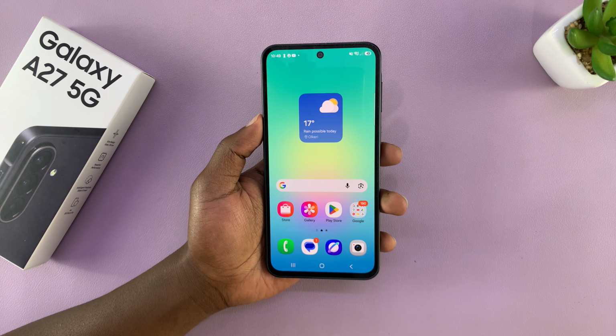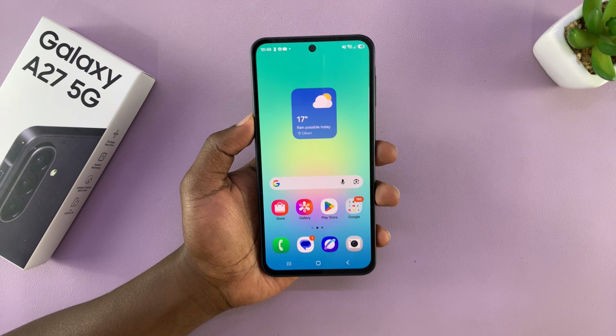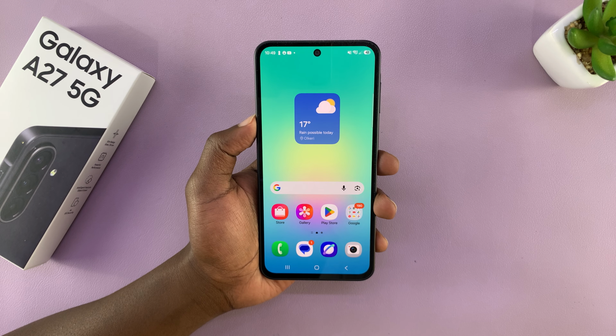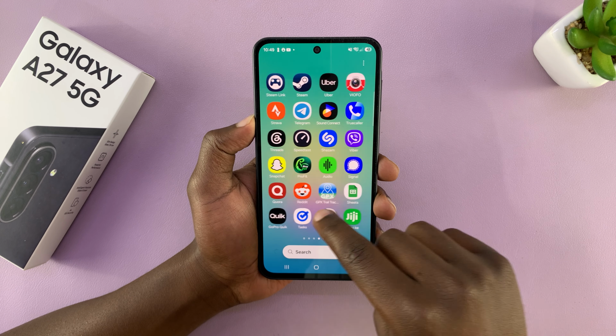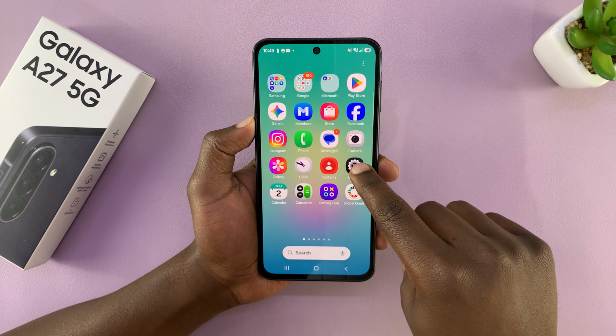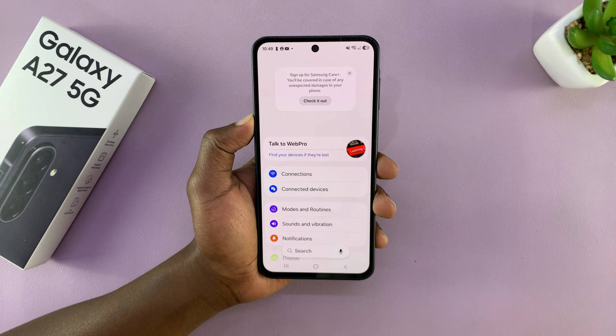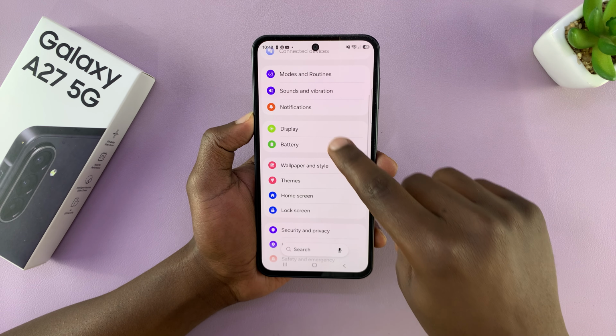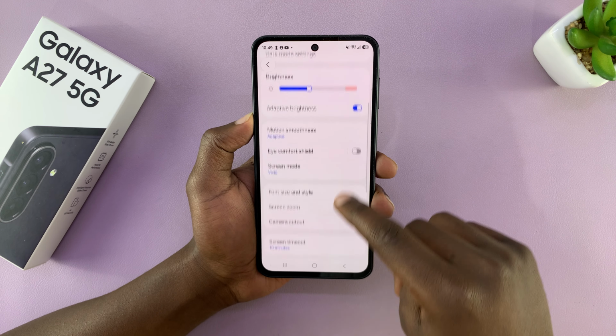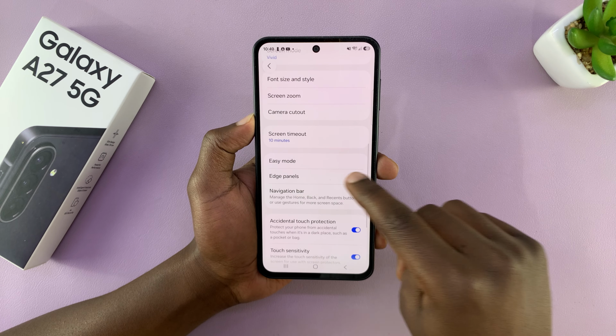So let me show you how to use the built-in compass in your Galaxy A27 5G. So for this one, you simply need to go to settings. Under settings, you scroll down to display, tap on that. Under display, go to edge panels,